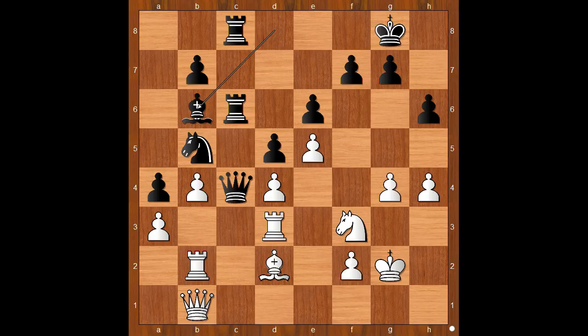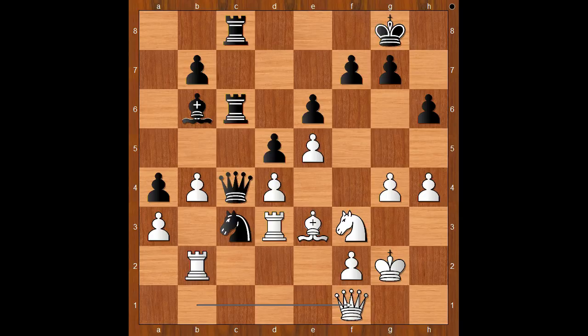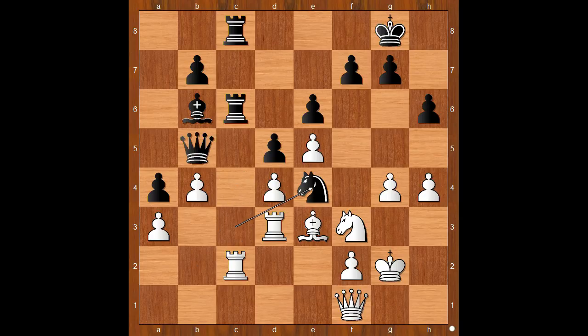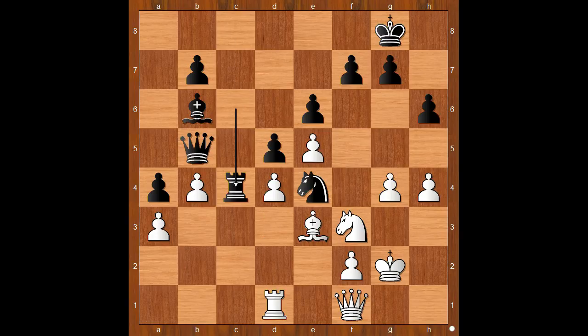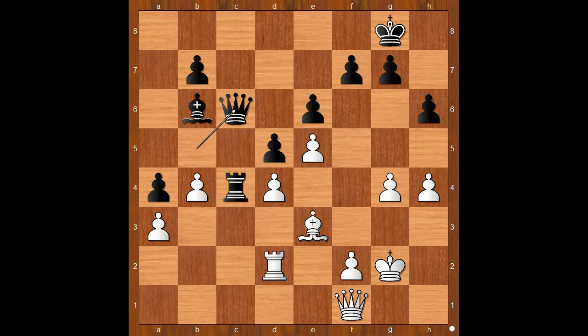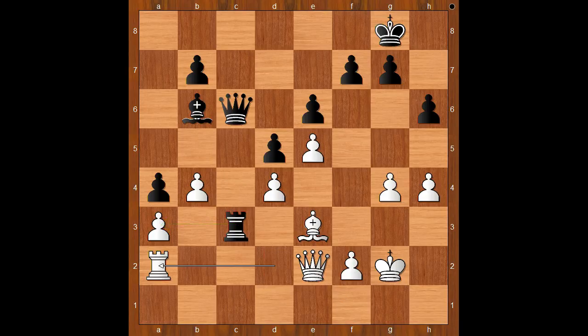Bishop to b6, bishop to e3, knight to c3, queen to f1, queen to b5, rook to c2, knight to e4, rook takes on c6, rook takes rook, rook to d1, rook to c4, knight to d2, attacking the rook, knight takes knight, rook takes knight, queen to c6, queen to e2, rook to c3, rook to a2, bishop to